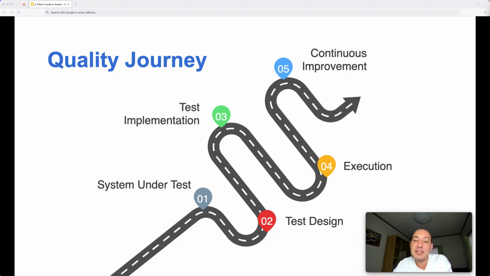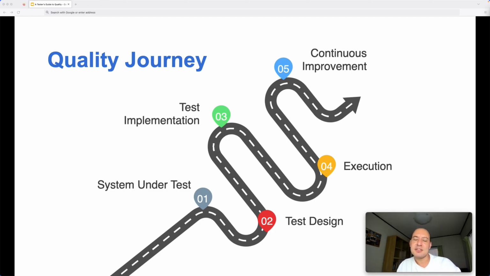We may use some different test design techniques to design our test cases in an accurate way, and then we can implement test cases. And of course, in terms of implementation, if we are doing test automation, the quality in the test code and test automation framework is very important. Otherwise, we may have some reliability or maintainability issues. And while executing, of course, we can do lots of different initiatives to reduce time and improve the efficiency. And finally, we have the continuous improvement stages in which we can manage our executions and we can do the efficient completion of our testing activities.